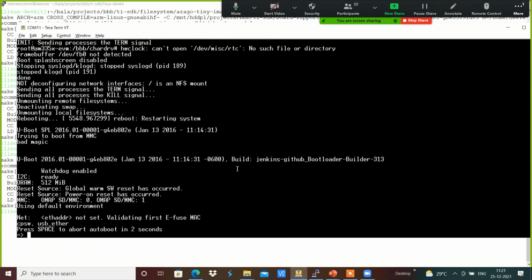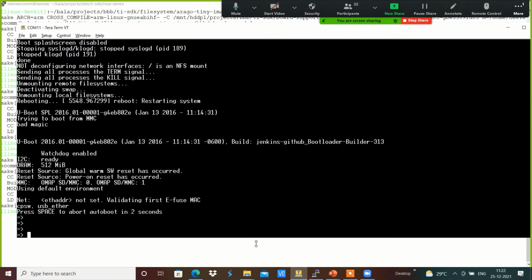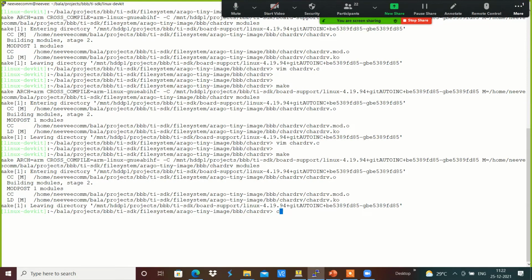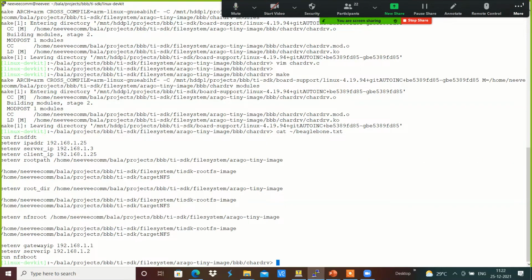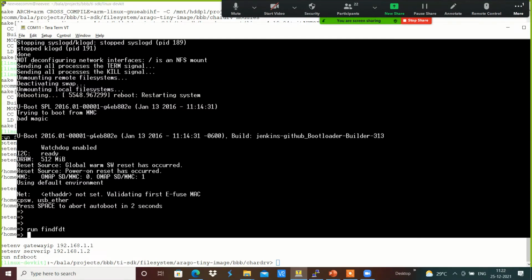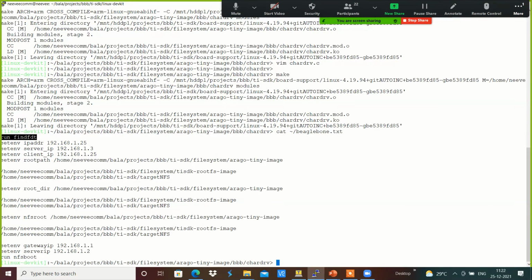Since it got crashed, I just rebooted again over here, and I'm loading the kernel image. My server IP is 1.2 over here.